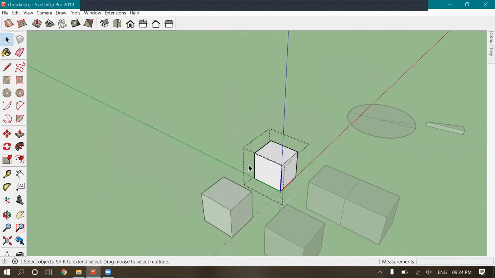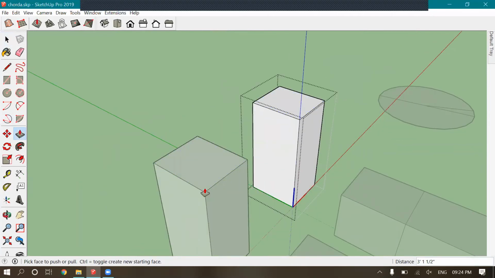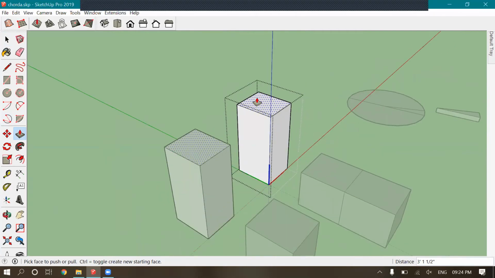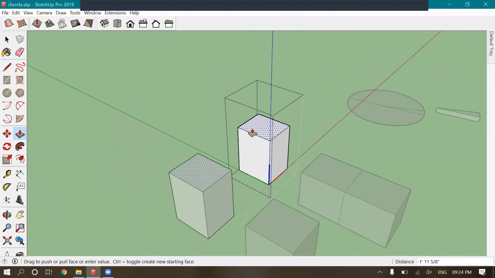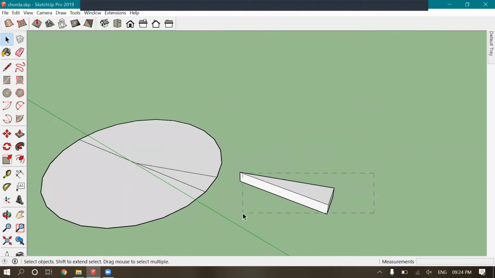And in the same case, if I change my component, all the other copies of this component will change. So I will make this one a component.